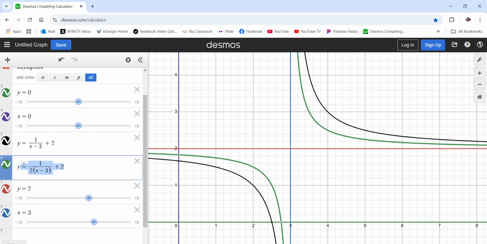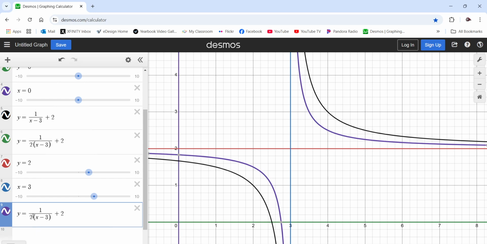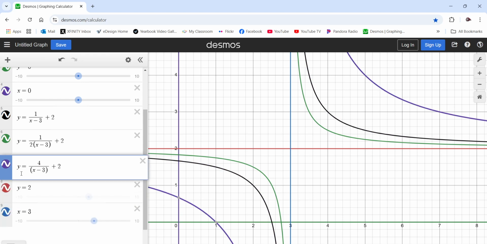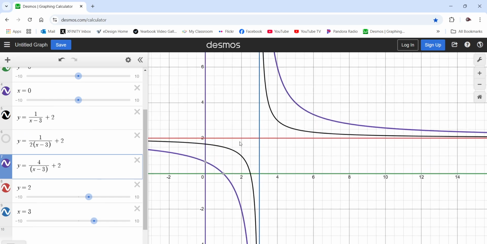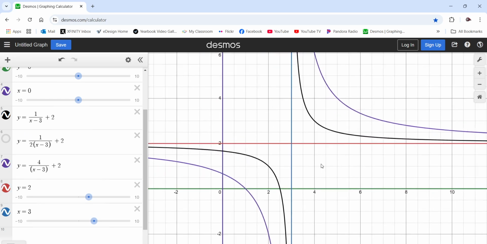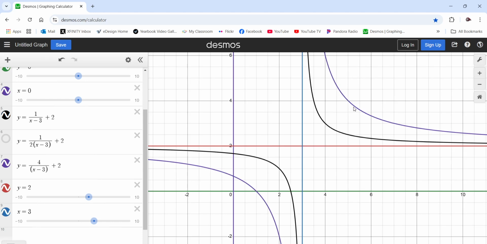Watch this. Let me highlight this whole thing again, and let's do something else to it. Let's take that out of it and put a number up here, like a 4. All right, and see what that does to it. Let's put this underneath of it so I can see the difference. So let's get rid of the green one. Now let's compare the purple one to the black one. Again, the black one is the parent function. That's like your normal one, I guess. But do you see what it does when you multiply it by a number? It goes further away